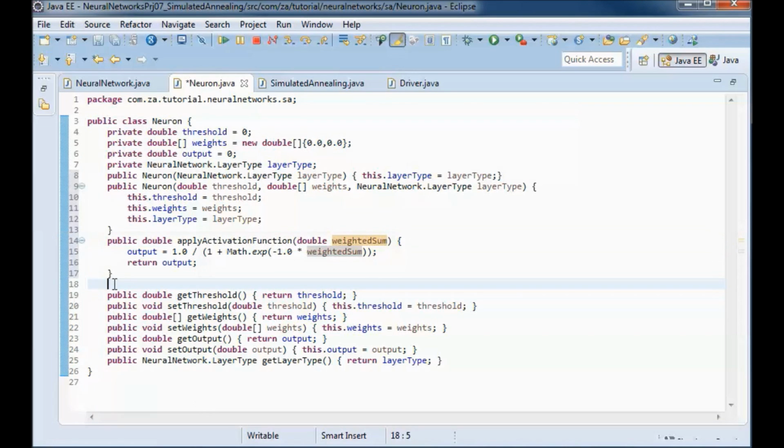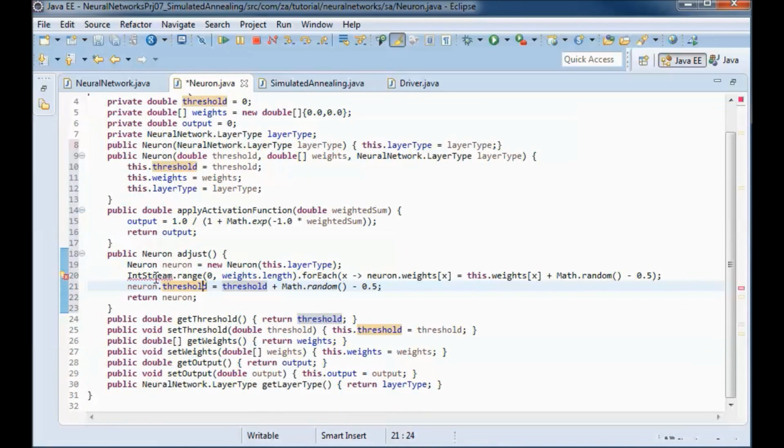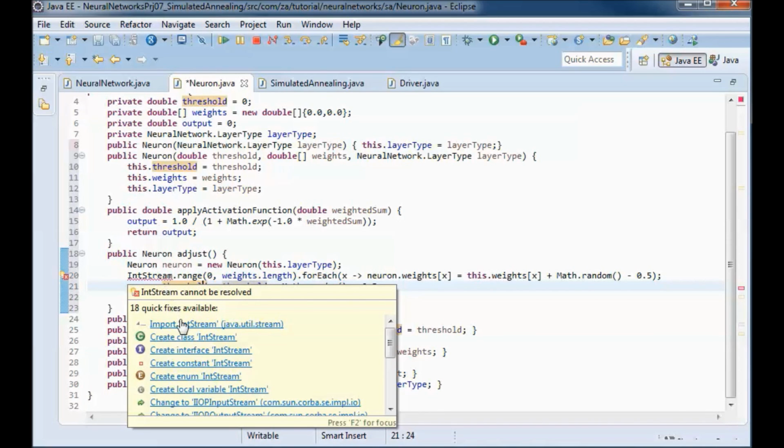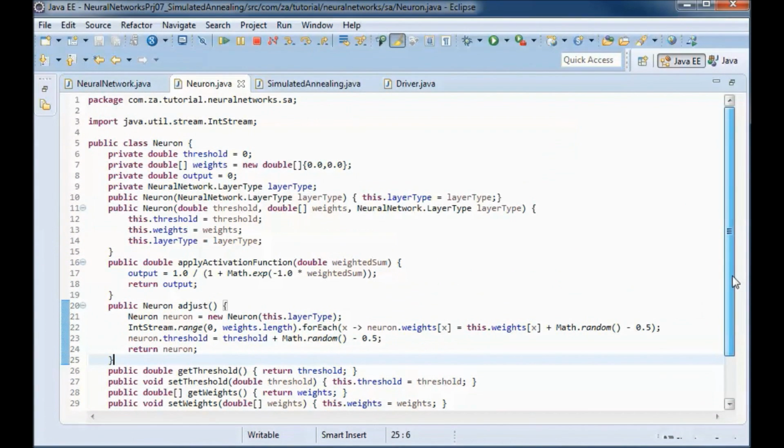And we will have this method that instantiates a new neuron and populates it with the adjusted weights and threshold of this neuron and returns that new neuron. So this should do it for this class.